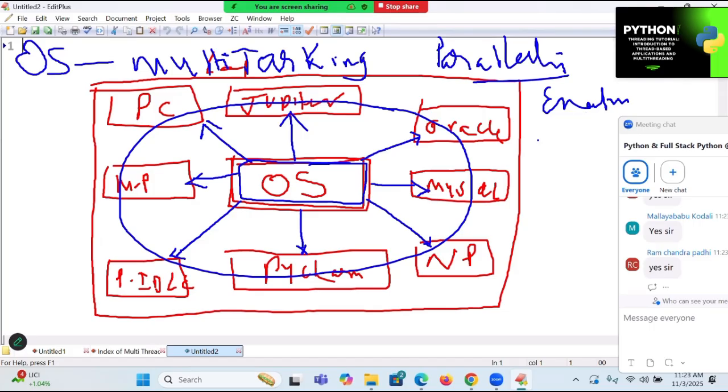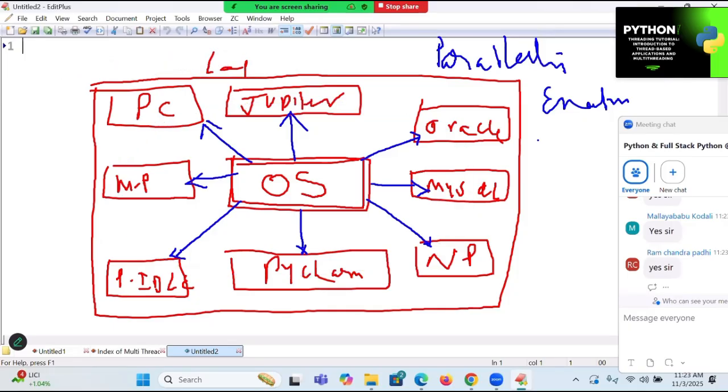Now I'm going to come back to the point. The way the OS is providing the service to Oracle, internally it creates one flow. One flow will be created.